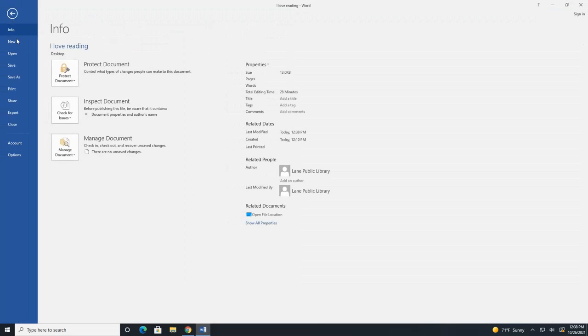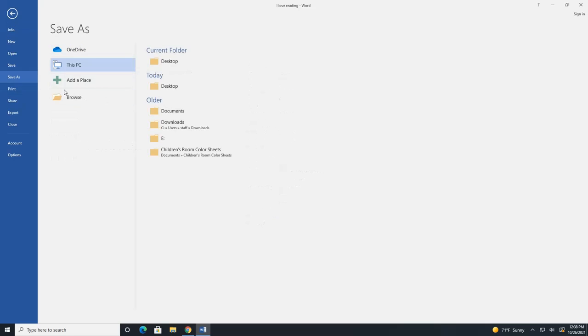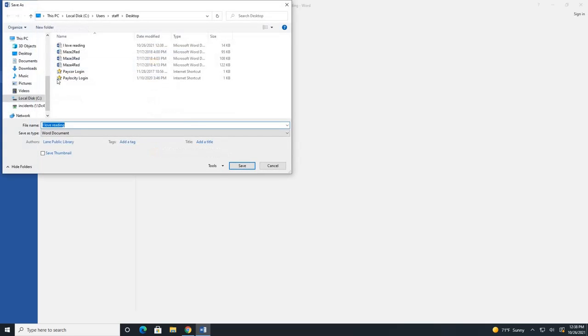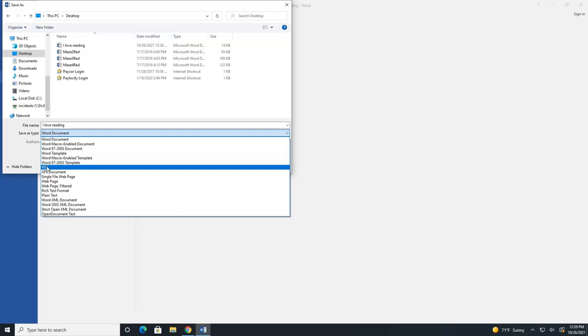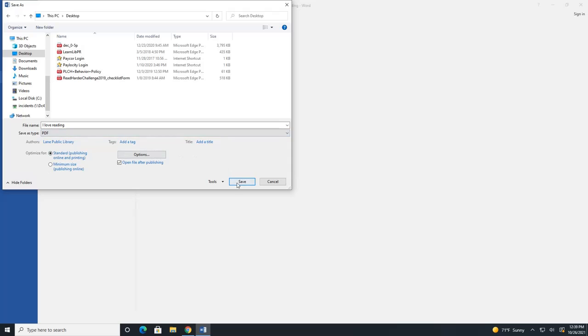We can go to File, Save As again, Browse. We'll click on Desktop, and right here, Save As Type, click on this drop down arrow here, and you can see these are all the different formats that you can save this as. So if we save it as a PDF and hit Save,